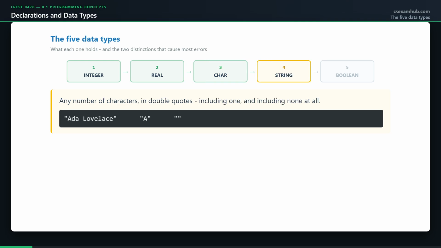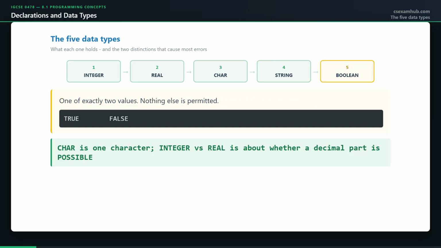String, a sequence of characters written in double quotes. A name, an address, a sentence. And Boolean, one of exactly 2 values, true or false. 2 distinctions cause most of the errors. Char holds 1 character, string holds any number, including 1, and including none at all. And integer against real is about whether a decimal part is possible, not about whether the number you happen to